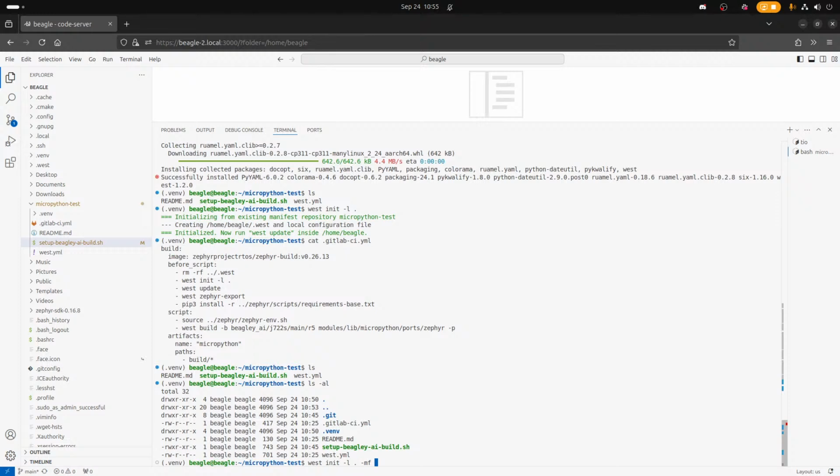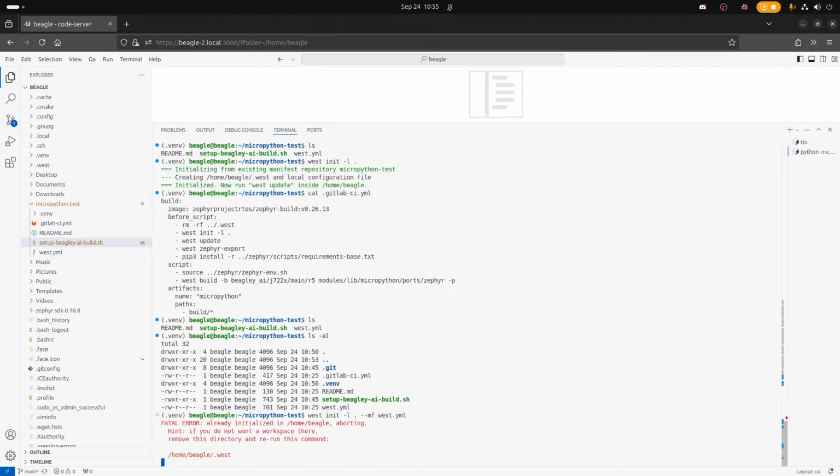Yeah, but you're talking about doing that in a subdirectory, or no? That doesn't necessarily make sense to me. No, because that's going to try to put it in the same place.